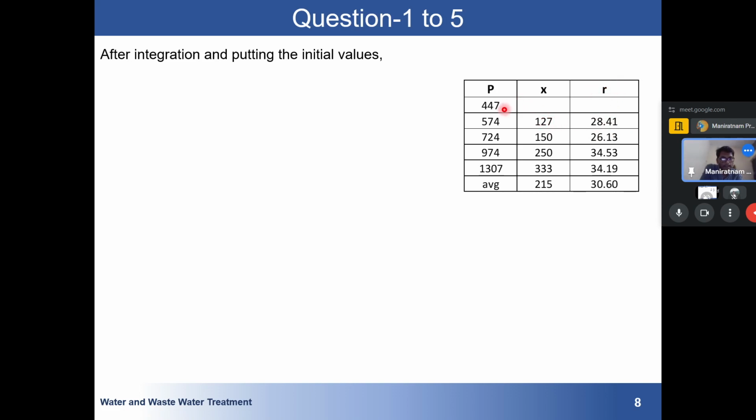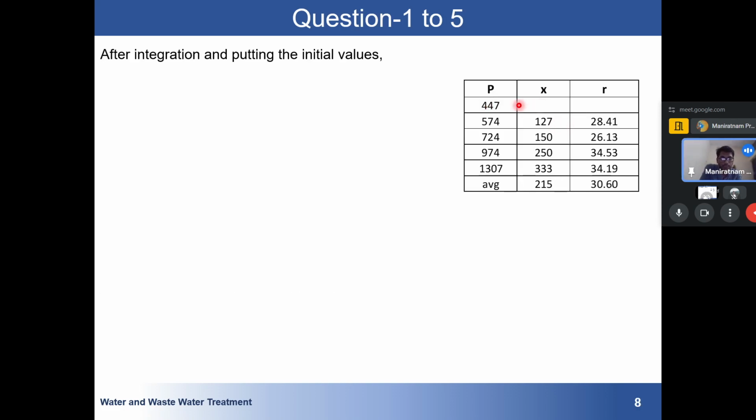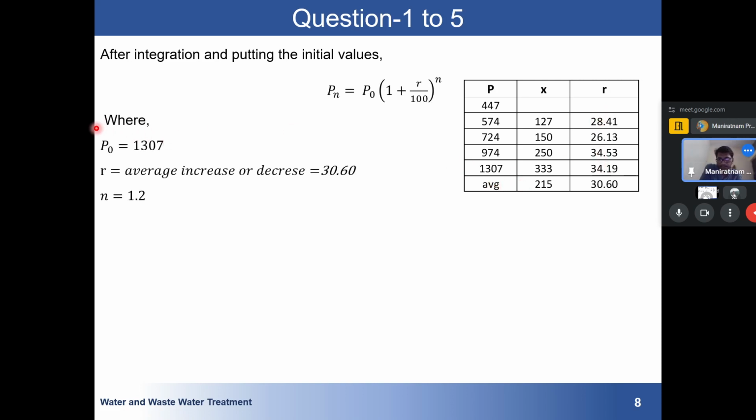This minus this will be 127. 127 divided by the initial population, that is 127 divided by 447, I have multiplied by 100. Remember this is R in percentage. So I have calculated it and I have taken the average of this. So the population after n decades will be the initial population, the last known population, times 1 plus r by 100 to the power